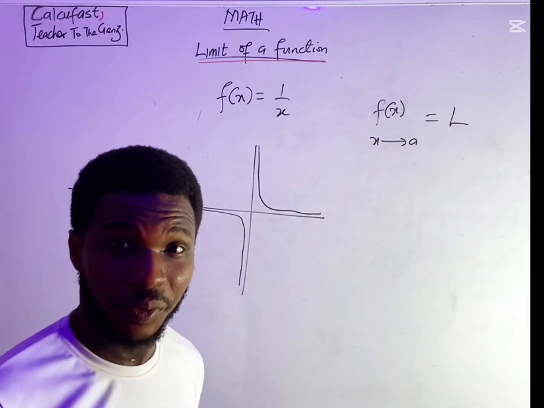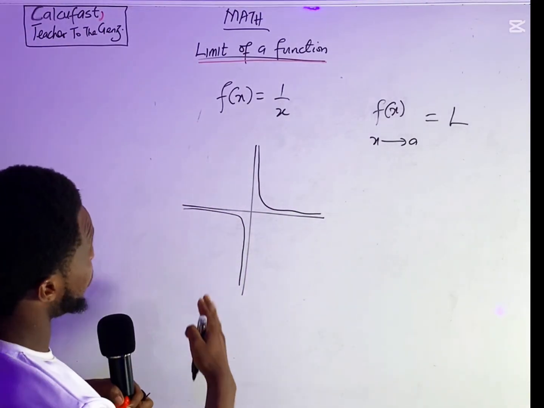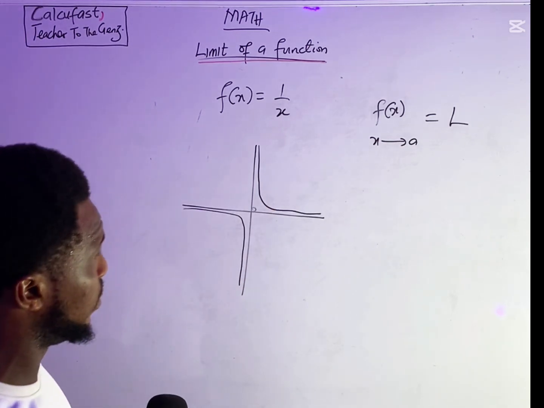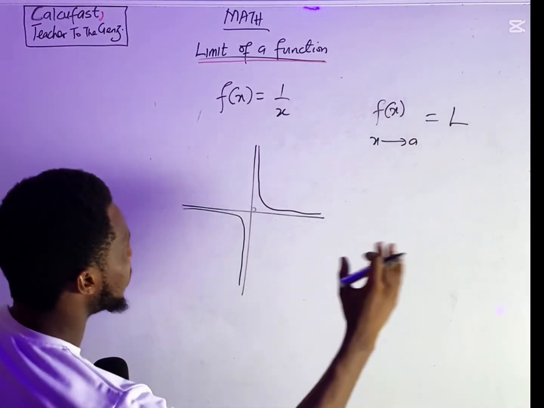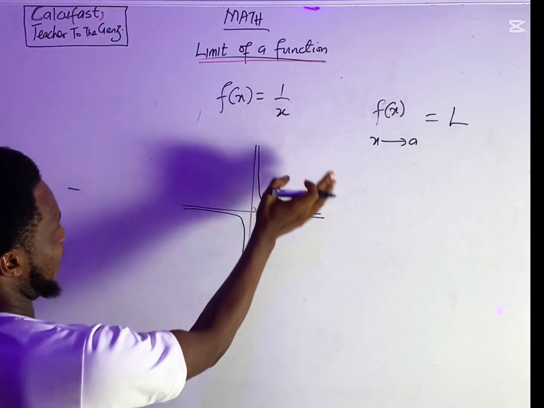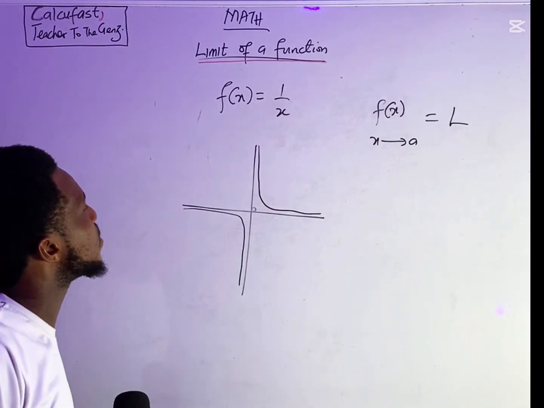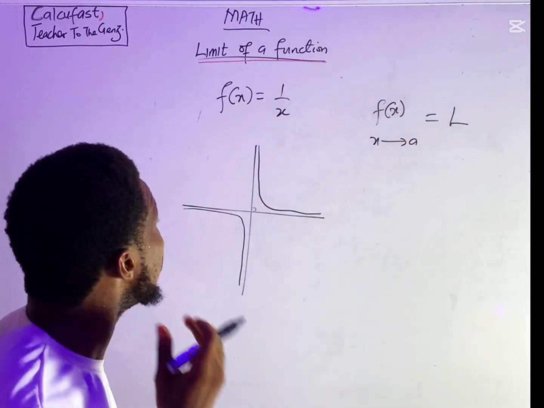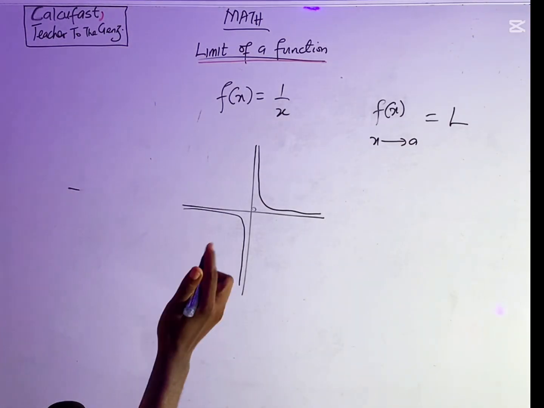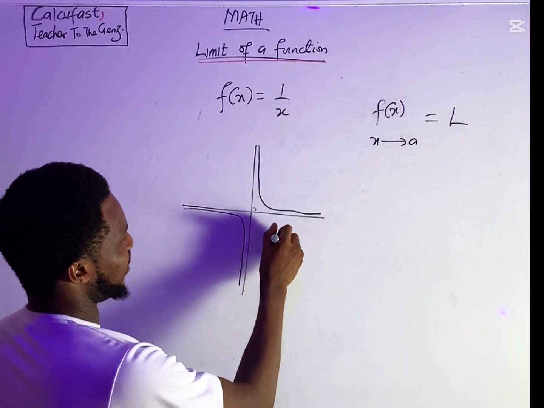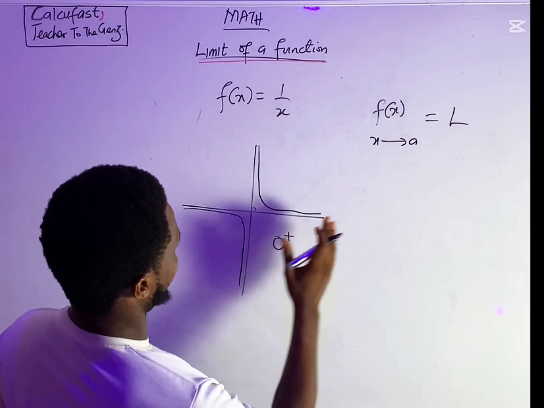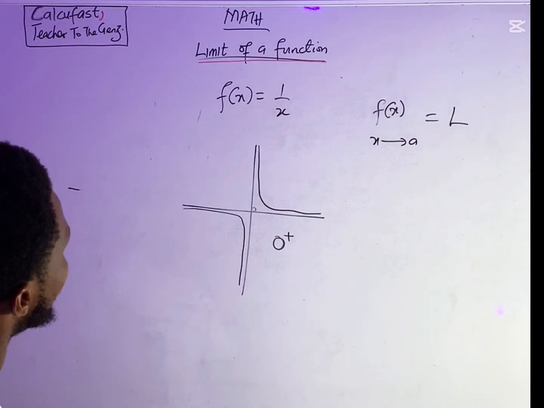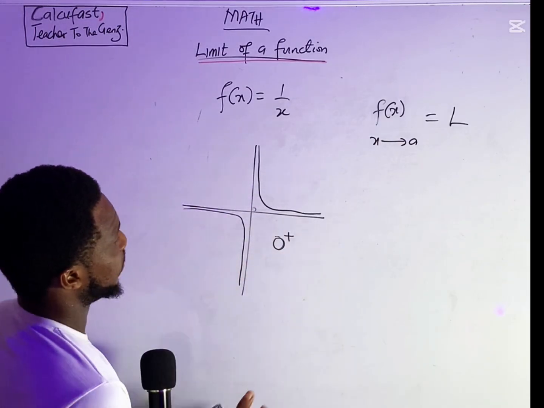If you look at it very well, you see that they're just trying to run away from the origin, right? They're trying to run away, like, I'm not going there. I just want to be on the negative side of x. This is from the positive side of x. So what we're trying to see here is, how do I put it? If we consider 0 from the positive side,